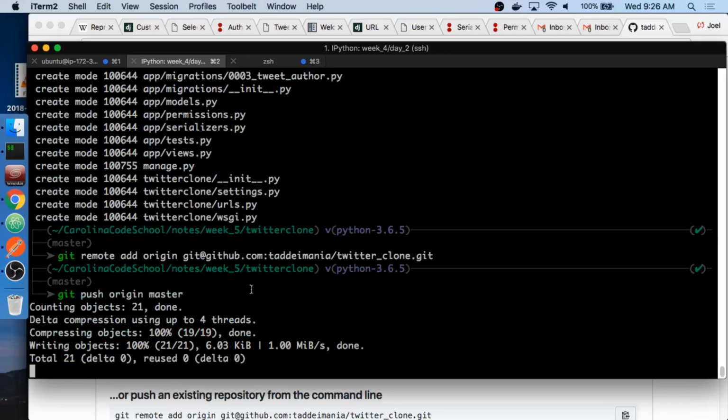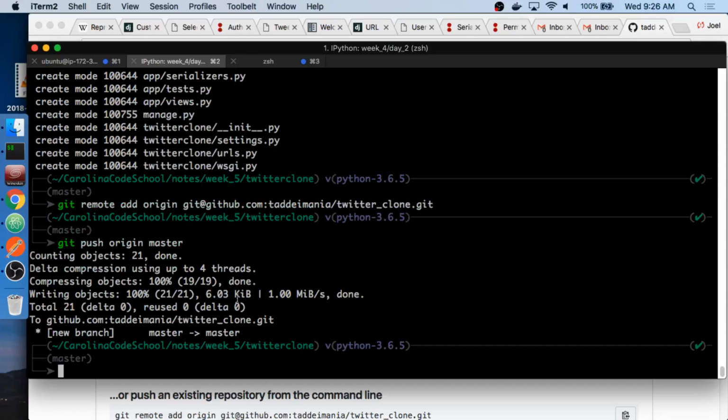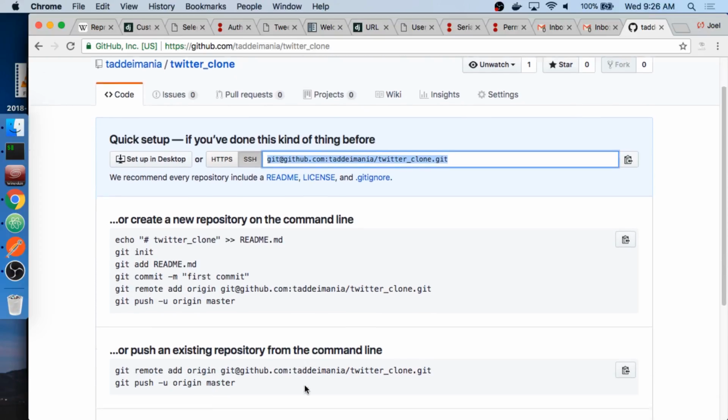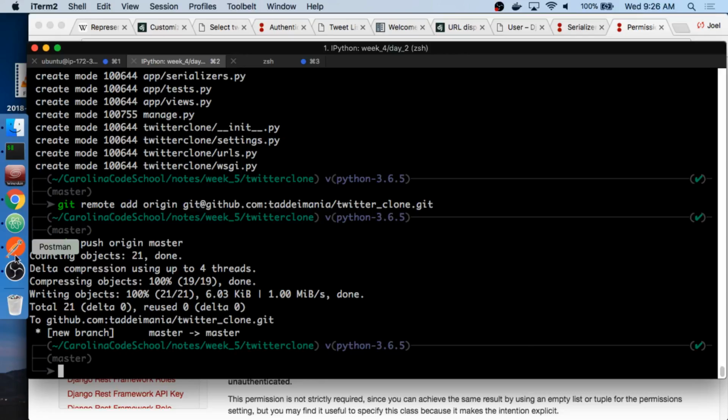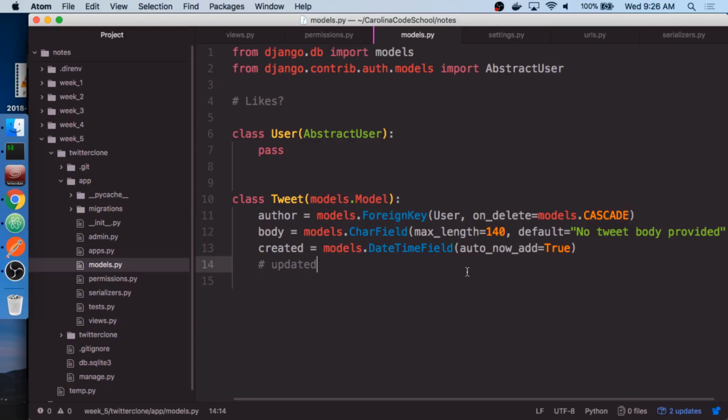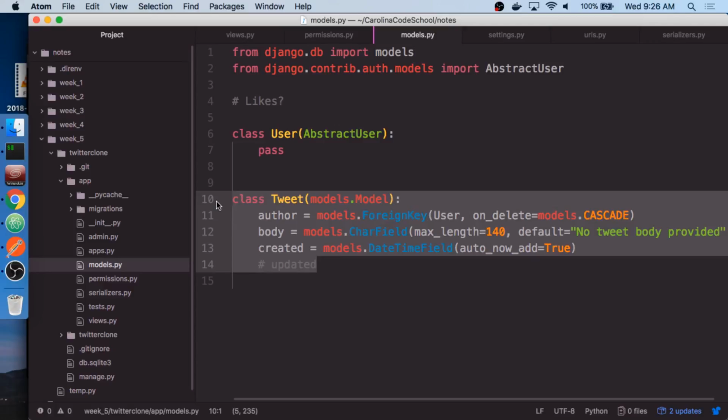There you go. You should just be able to pull that down, run the migrations, and then run the server. Should be fine.